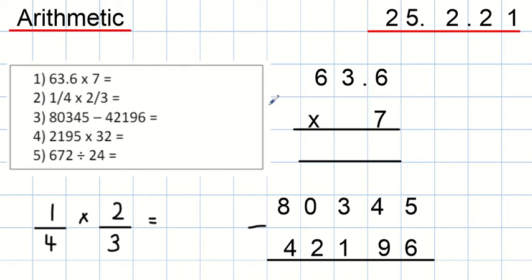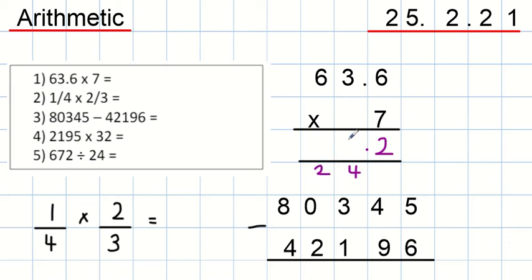63.6 multiplied by 7. I'm going to use the formal method of multiplication, which I've set up over here ready for us. And I'm going to start over here in what is the tenths today. So we have 6 times 7, which is, that's right, 42. You'll notice I'm pausing, Year 6, so you can join in with me. At this point, I'm going to remember to put my decimal point in. And then we're into the tens with 3 times 7, which is, that's right, 21, add the 4,